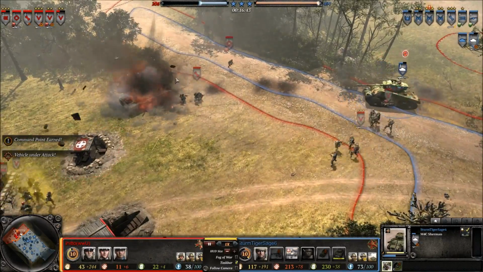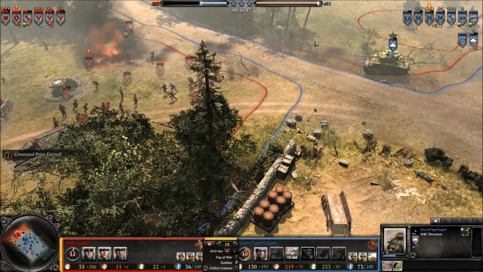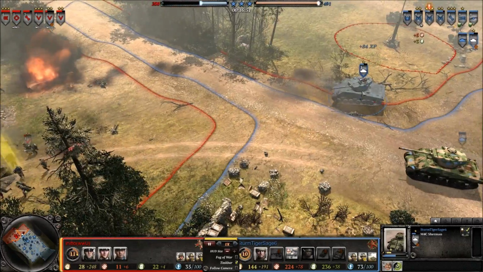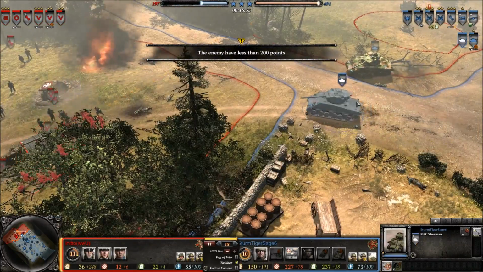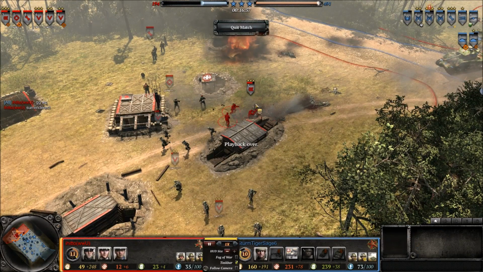And he loses his Stug 3. It's a big loss for the Wehrmacht. And now just basically harassing the Wehrmacht here because he just doesn't have an answer for these Shermans. He lost his Pak 40, he lost his Stug. And the Wehrmacht surrendered,